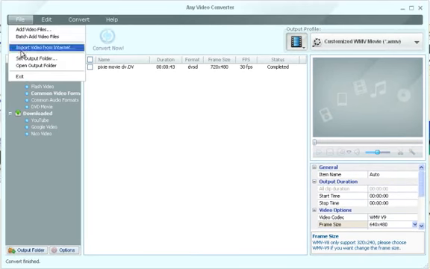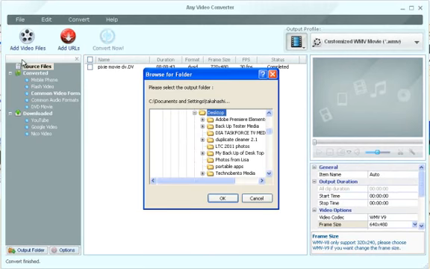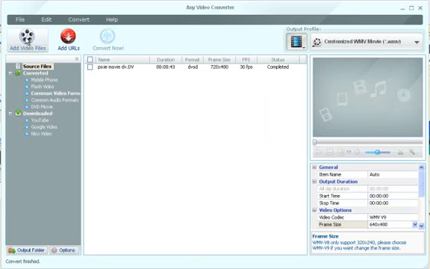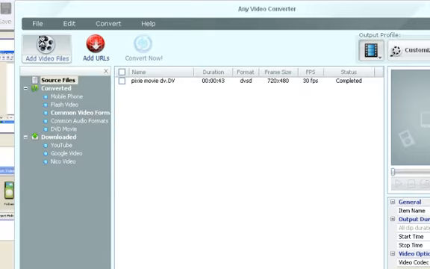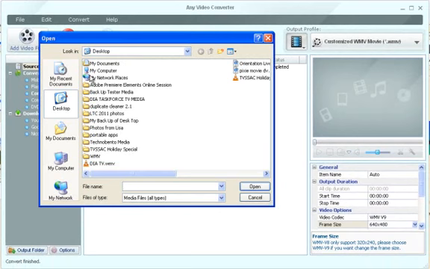Also, what you'd want to do is set your output folder. Go to File and select Output Folder, and you're basically saying where you want the converted file to go. So place it somewhere that you know you're going to be able to remember. And once you've done that, click on Add Video Files. And what we want to do is find